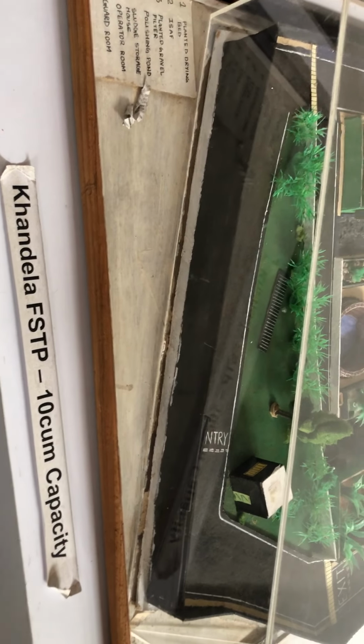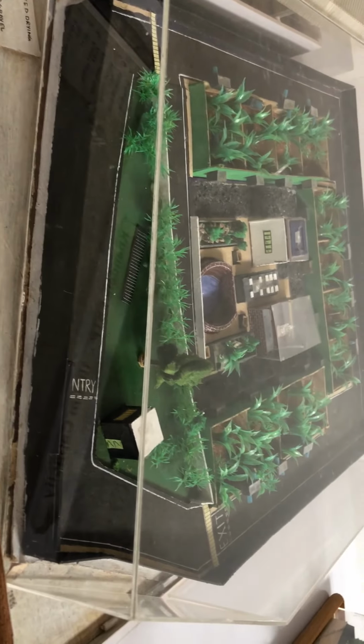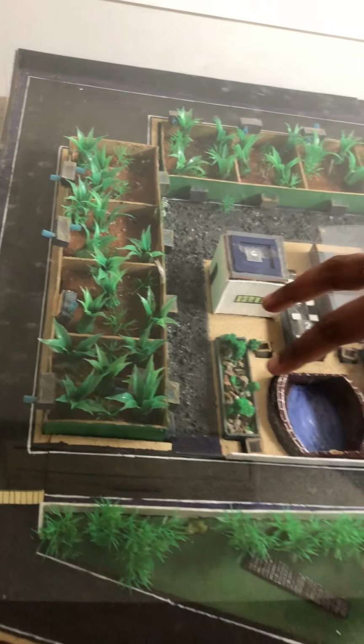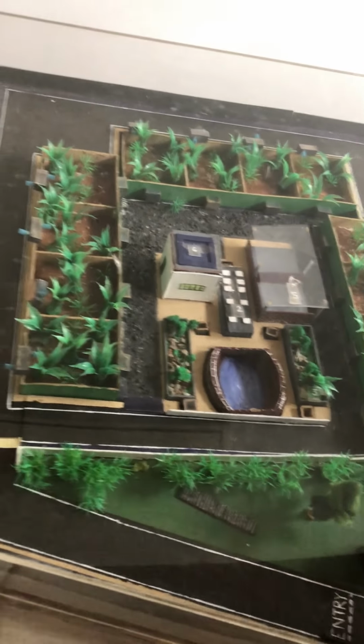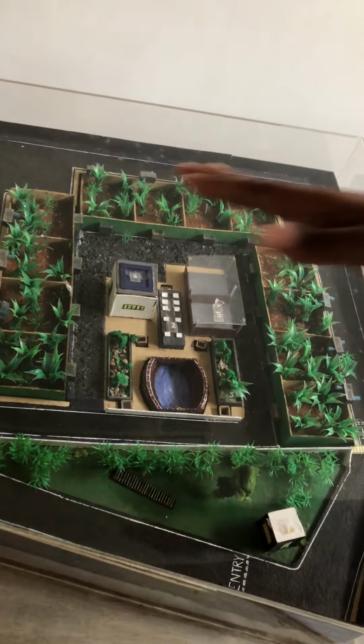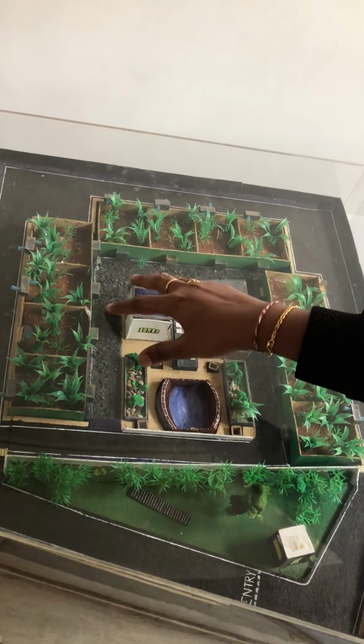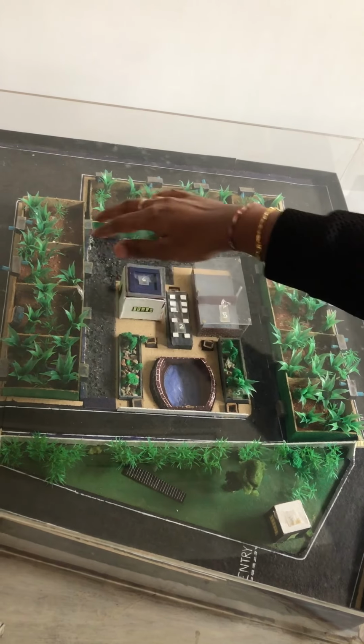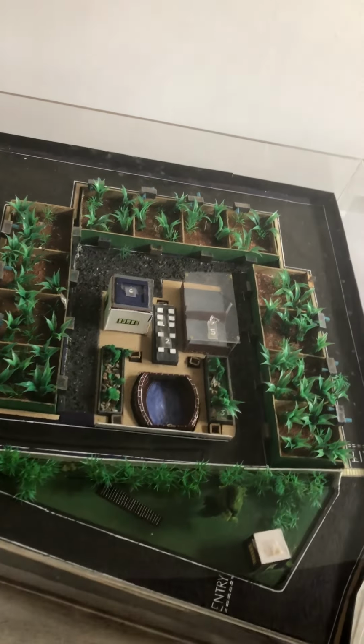I was saying there are two systems that we use. Whenever there is low O&M and no sludge reuse, we use something called PDP, a planted drying bed. This one is unplanted; that one is planted. The design is made in such a way that you don't need to remove sludge every 15 days. Once it dries up, you do the next loading. Even after 2 or 3 years, you don't need to remove it.